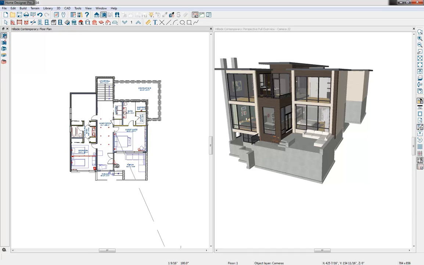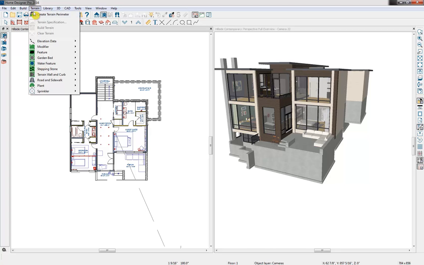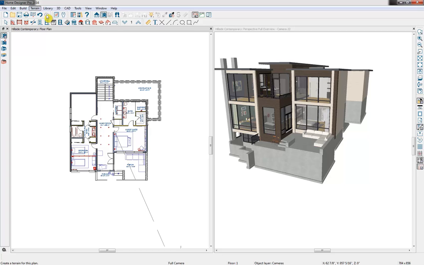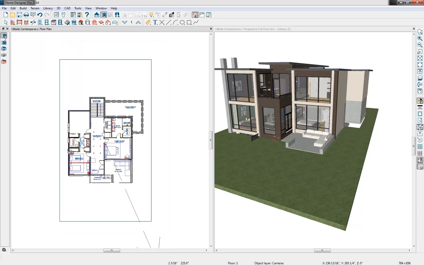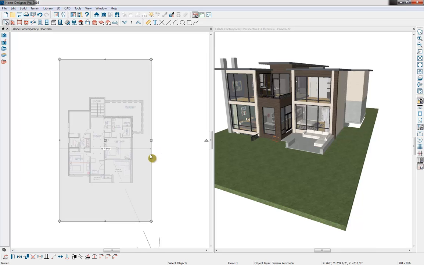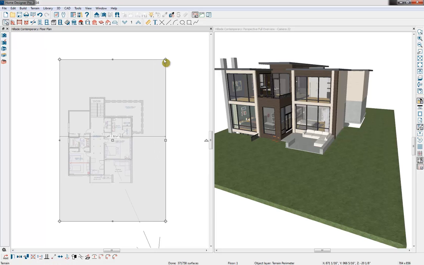Alright, so now that we have our floor plan in front of us here, the easiest way to build our terrain perimeter is to go right up into our Terrain drop-down and click on Create Terrain Perimeter. That will automatically place our terrain, and I'm just going to zoom out slightly here. I'm going to hit my spacebar on my keyboard, which is a shortcut to get us to our Select Objects tool. With our terrain perimeter placed, you can single click on that and you'll see editing handles, so you can drag those out